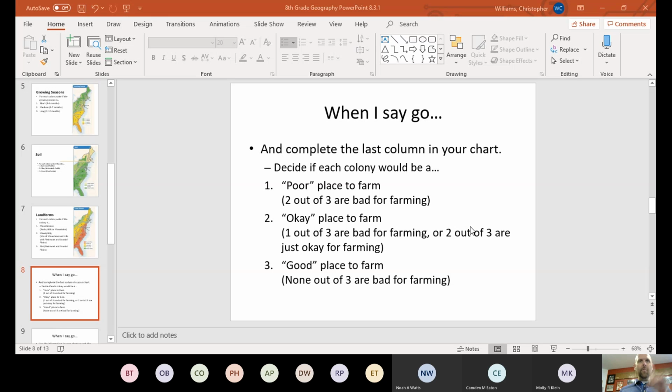I'm going to have a quick check-in for you to do on Monday. And on Tuesday we're going to come back together. We're going to review all this together. We're going to talk about the big picture of what this all means, and we're going to begin to classify the colonies into groups. Okay? So